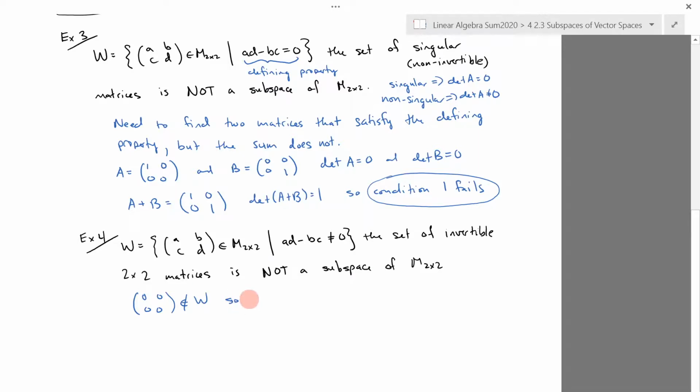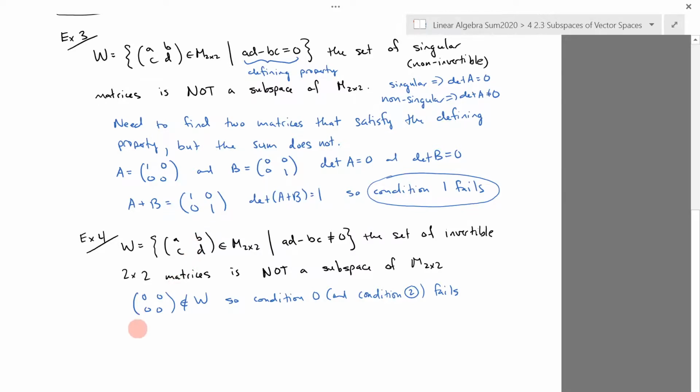So condition 0 fails. Okay, what about condition 1? Well, it's automatically not a subspace, because it already fails one of the conditions. But you can see that it also fails condition 1,